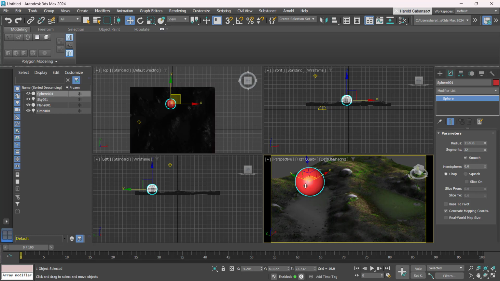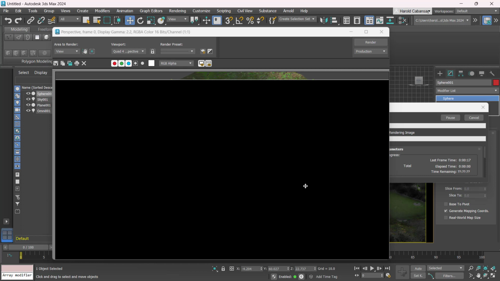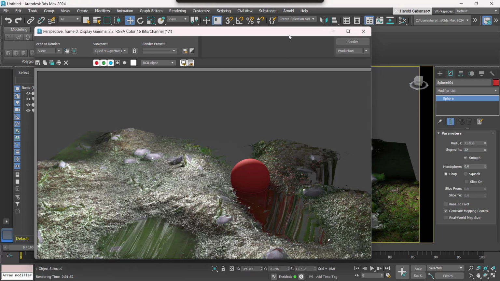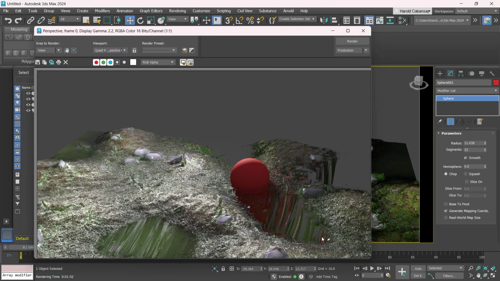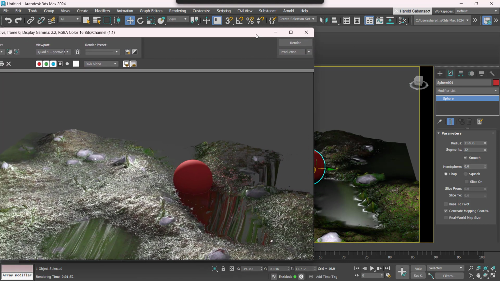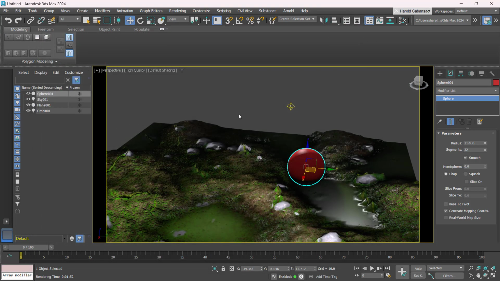Shift F for save frame, and then I'll start the render. Okay, I just changed the angle for the scene. So as you can see, it is being reflected, but refracted differently, so I can adjust that later on in Substance. But the reflection settings are being retained, as you can see, when we have applied the material. So that's one of the ways of importing your material from Substance to